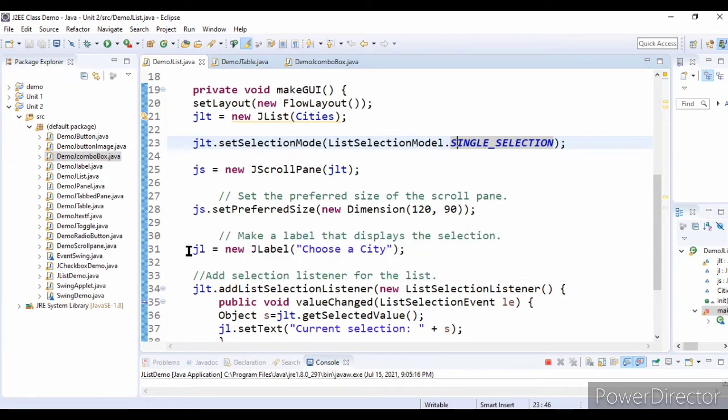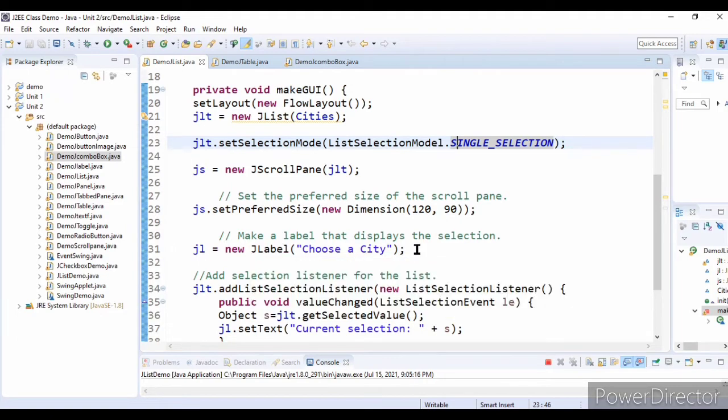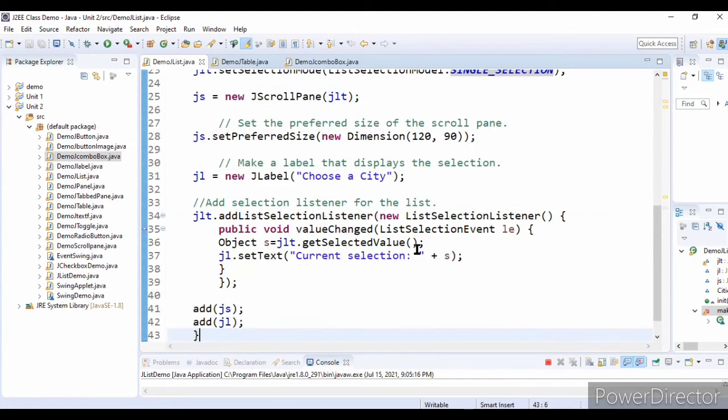Next I am creating one JLabel, that initially says choose city. When I click on a city, it will display the current selection from the JList. When I click on an item in a JList, it will create a list selection event. So we need to handle that list selection event.